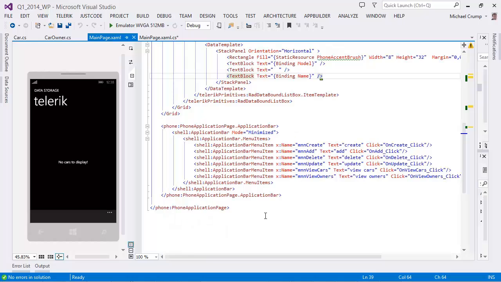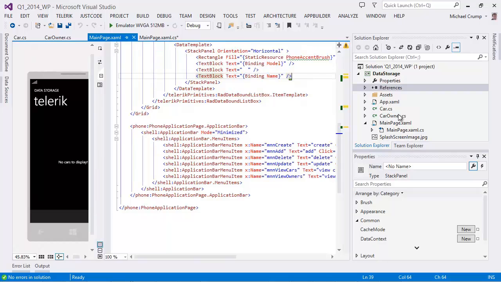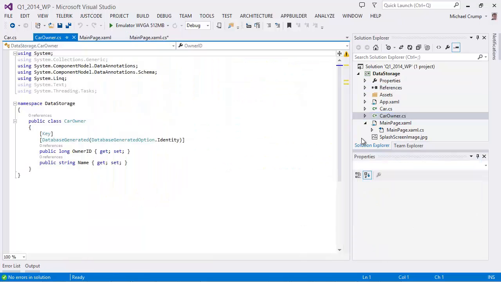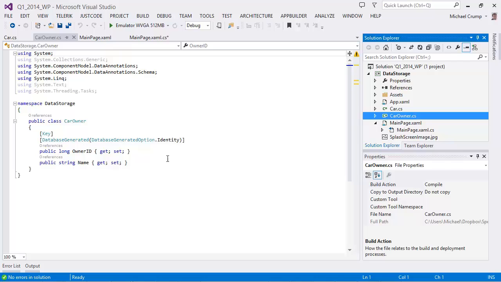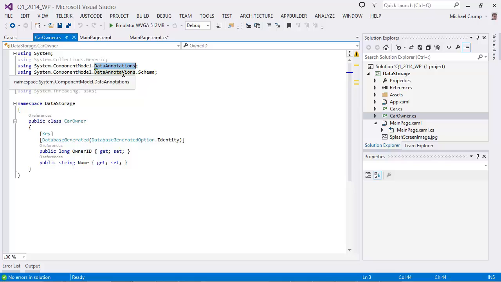The only other thing that I've added is a couple of different menu items. So I have one for creating, adding, deleting, updating, viewing cars, and viewing owners. So now that we've seen our UI, let's take a look at our classes. We'll begin with the car owner. With the car owner, you can see that I'm using data annotations, and I'm also using data annotations.schema. So I have a key and then DatabaseGeneratedOption.Identity, and then I have an owner ID as well as